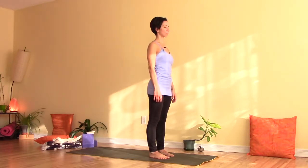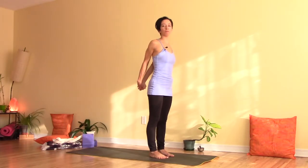Try to relate this theme of opening the heart to your life situation. The opening of the heart that reminds us of our connection and of how complete we really are, how perfect we are, even in our imperfection. And then we're going to do a clasped version of